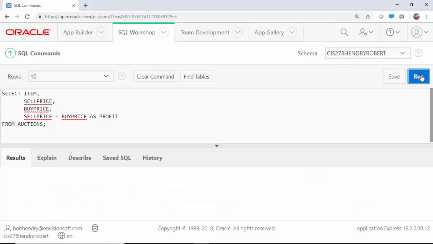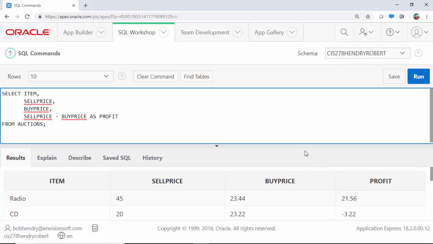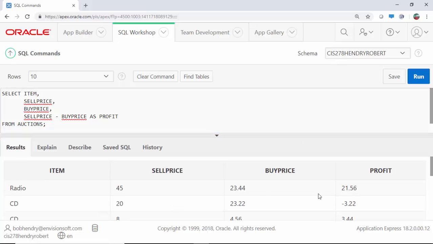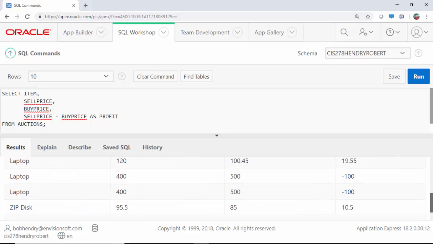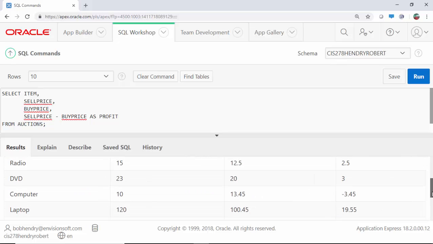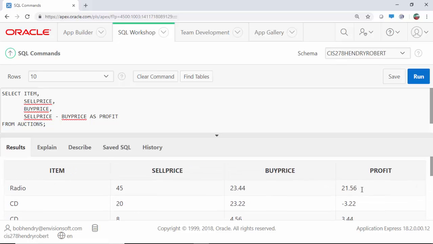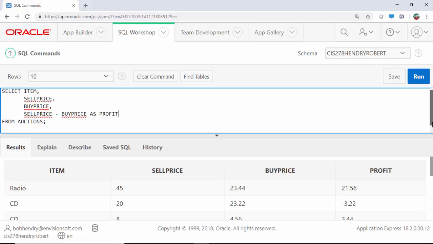So this is going to list us basically this stuff here. It's going to list us our sell price and our buy price and our profit. So what we want is to show just which item sold for the largest profit. Now again, we can sort this if we want, but basically let's write a SQL statement that'll do this for us. So we're basically looking for this guy here, radio for 21 point whatever. We could do the following. From auctions, and we could say where